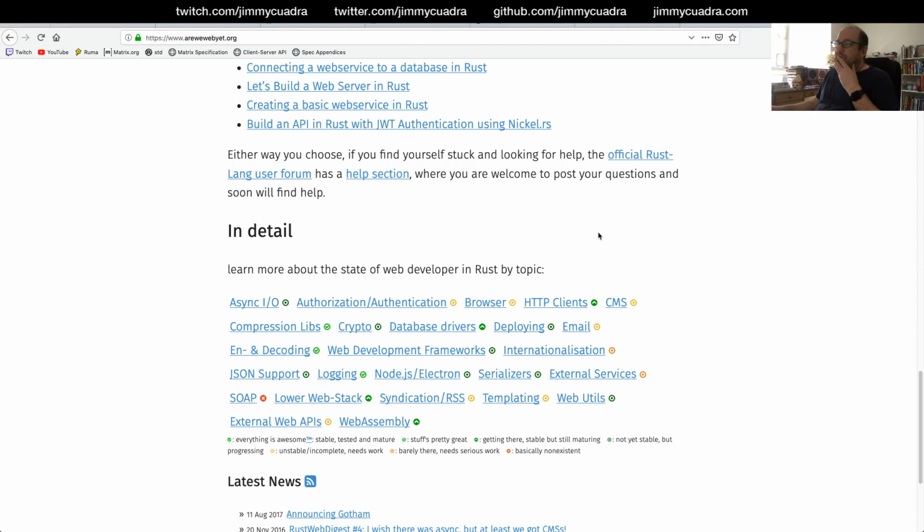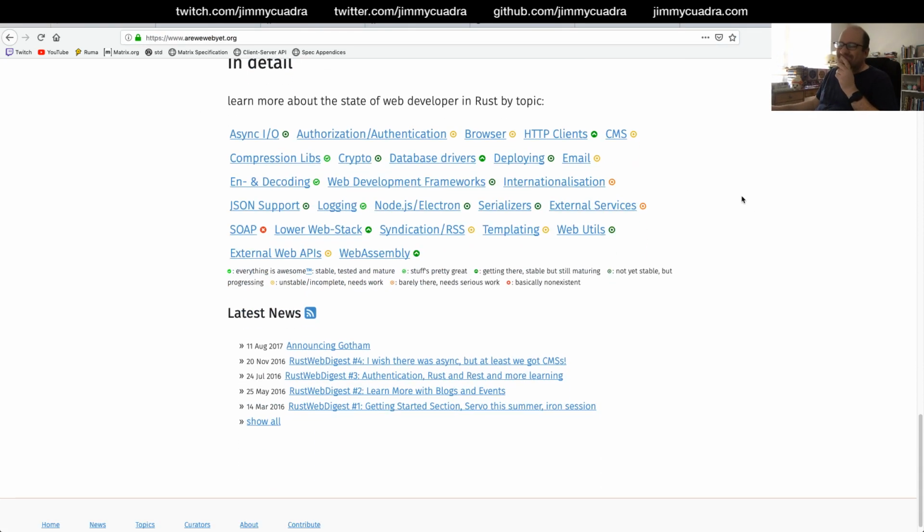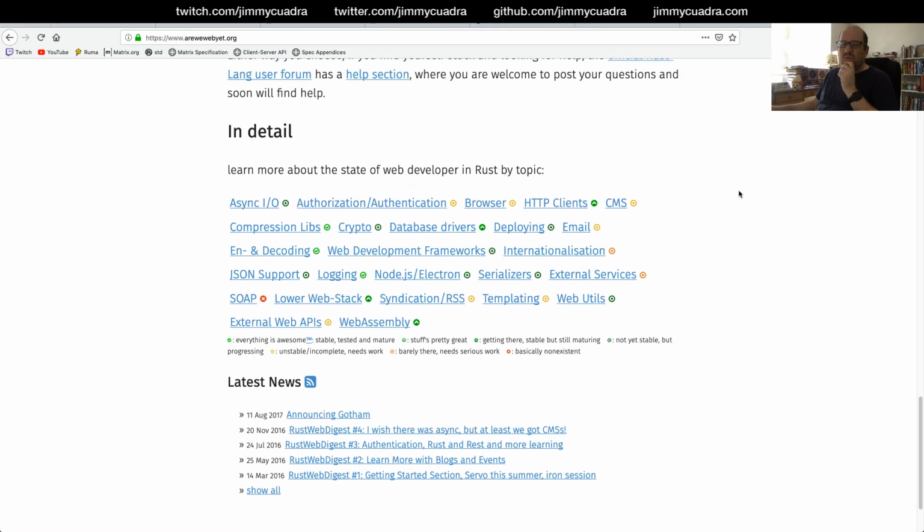Yeah. So it won't be as easy to use as probably some other languages that you're familiar with, but it's coming a long way. It's certainly possible. It's going to get a lot easier in about 12 weeks from now. A major language feature, async await, is finally reaching stable Rust from the nightly development version.